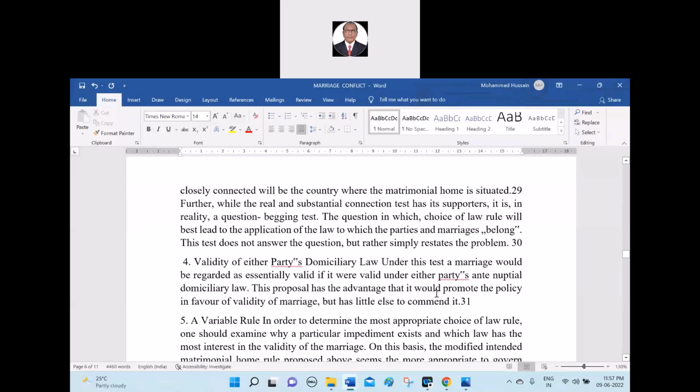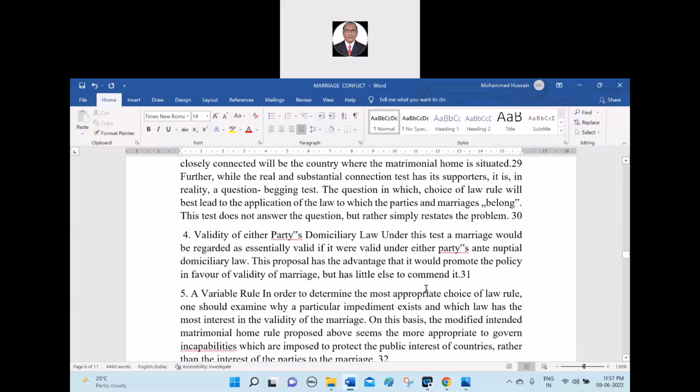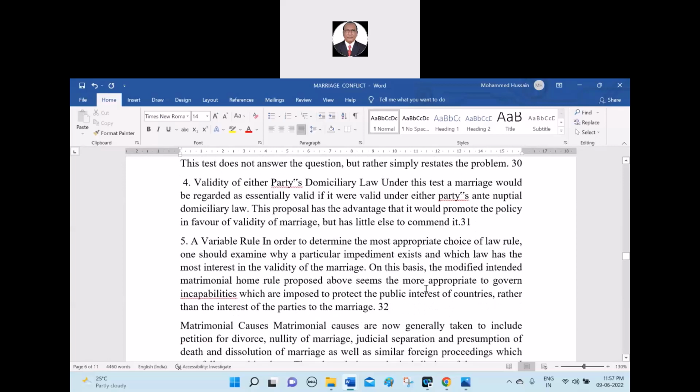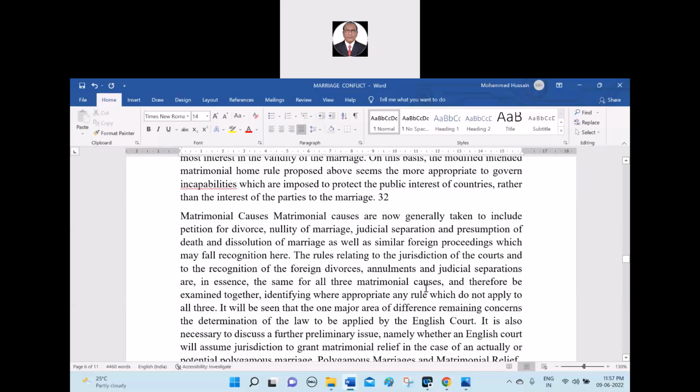Domicile is considered where the marriage is going to be conducted, for the substantial law. And the formalities of the marriage will be governed by the place where the marriage is solemnized in that country. Lex loci celebrationis. That is the total gist of this. Now let us see the matrimonial causes, and matrimonial causes are now generally taken to include